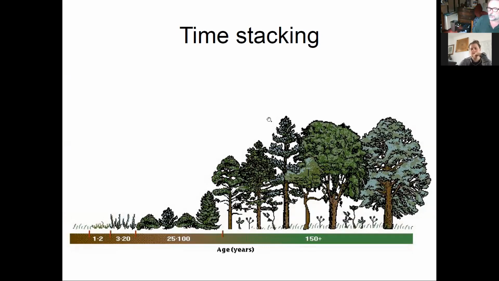So we can also think about time stacking. We've talked about the 3-dimensional nature of a system, a stacked system. But let's also think that the life cycle at this end of the succession is months. Some plants can grow to seed just in a few weeks, a month or two. Others then live for a year or two, 3 years, 5 years, 20 years. Maybe the shrubs and small trees live 25 years, 80 years, 100 years. So if you like, we've got fast carbon cycles, we've got slower carbon cycles, slower again. Now we've got really long-term carbon cycles happening over maybe hundreds of years.